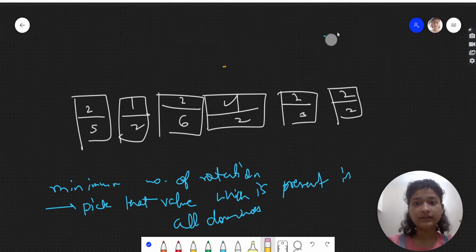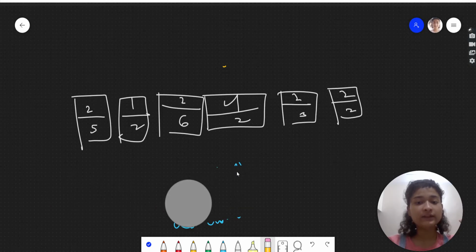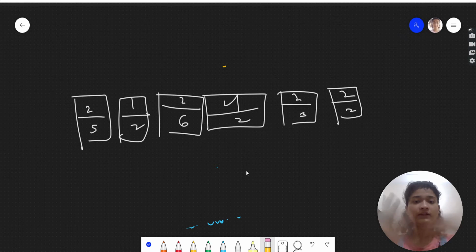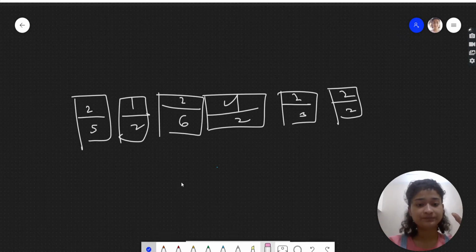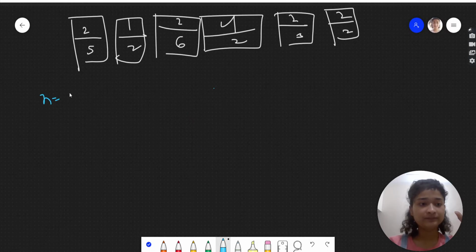and let's see how we can dry run this thinking. So the approach which we used is that we have to find that digit which will be in all dominoes, so that we can rotate some dominoes and get the same value in the top or bottom. So this is what is given to us. N is 6 here. What we will be doing is we'll be having a count. This is C. This is the top array. This is the bottom array.